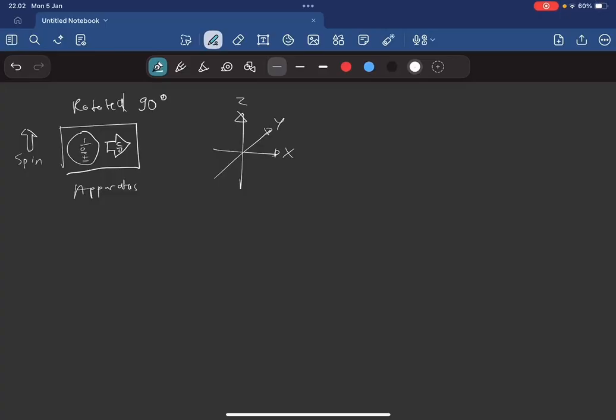Determinism has broken down, but in a particular way. If we do many repetitions, we will find that the number of sigma plus 1 events and sigma minus 1 events are statistically equal. In other words, the average value of sigma is 0. Instead of the classical result, namely that the component of sigma along the x-axis is 0, we find that the average of this repeated measurement is 0.